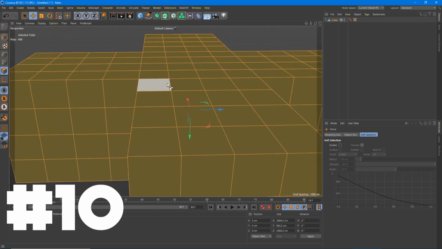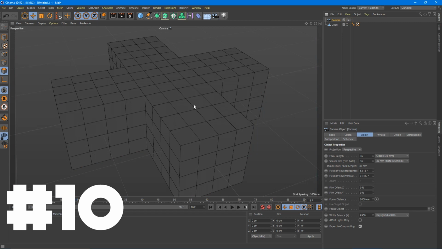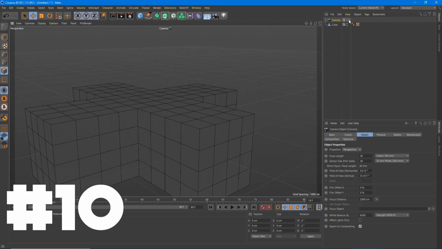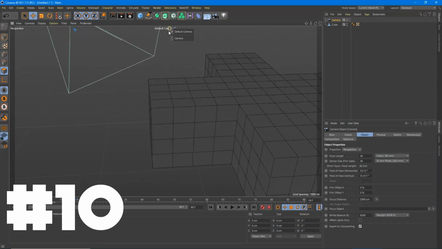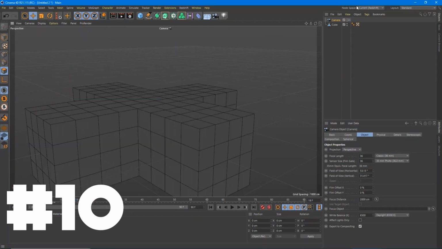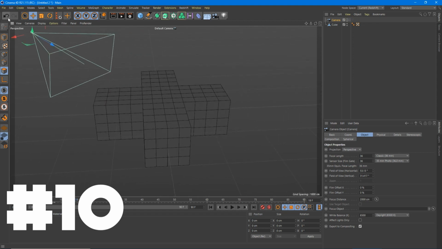So if you don't have a camera in your scene yet, but you were framing stuff up, a good way to avoid that is to add a camera to your scene, put that where you want it, and then uncheck this box. So then you have perspective mode. If you want to look through your camera, you just choose it, but don't move around. It's easy to forget that this is ticked. But there you go. Control Shift Z to undo viewport moves.